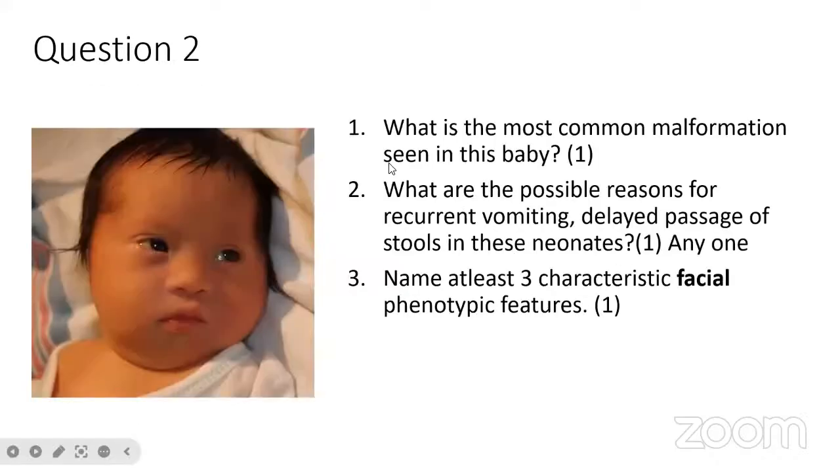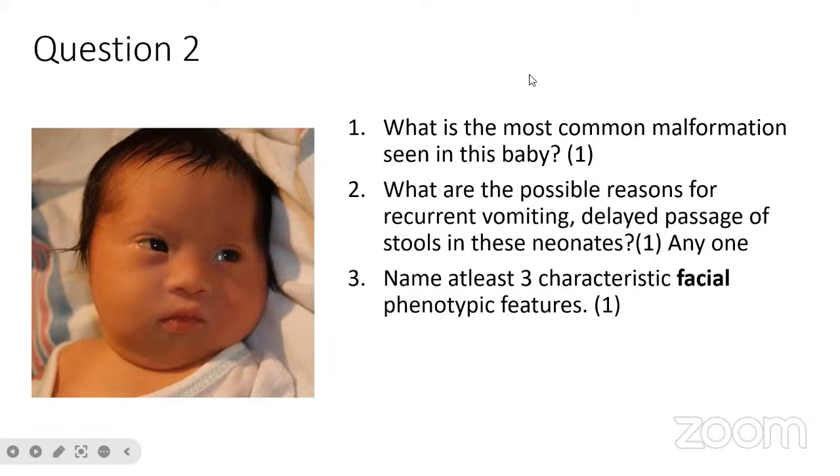So we'll move on now to the second question. The question is, you can see that on the left side, there is a picture of a baby with phenotypic evidence of trisomy 21 or Down syndrome. So what is the most common malformation seen in this baby? That is the first part. What are the possible reasons for recurrent vomiting, delayed passage of stools in such neonates, and name 3 characteristic facial